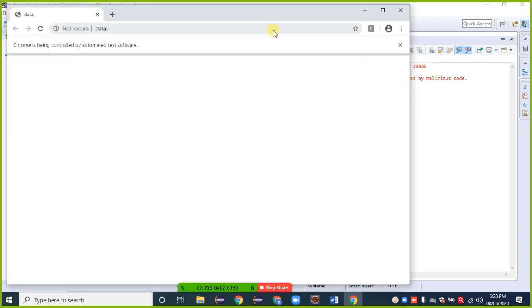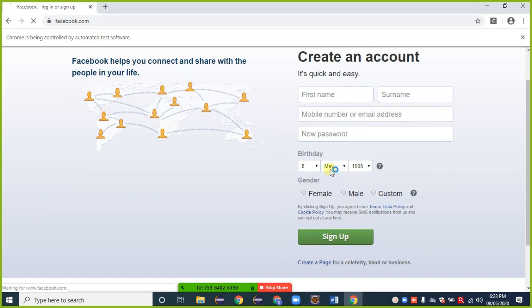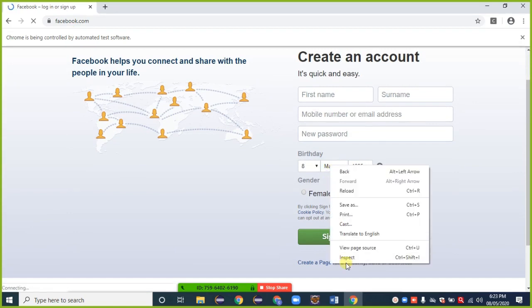Browser launched, maximize, opening URL. Okay.